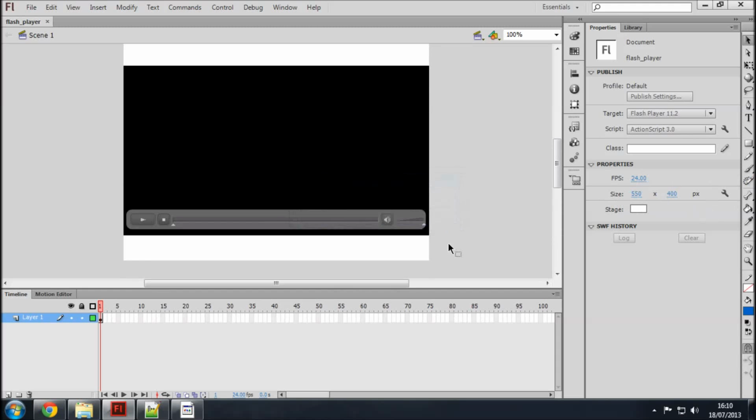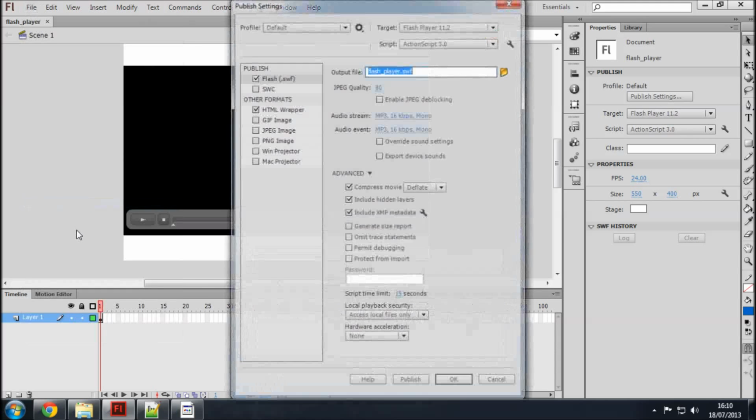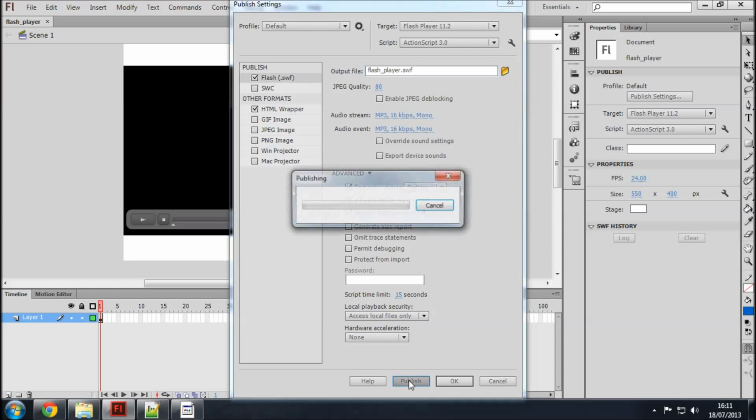So I'll just save that now, and if we go to File and Publish Settings, or Control-Shift and F12 on the keyboard, it brings up this Publish Settings dialog box here, and you want to make sure two things are ticked, and they already are in this case. The Flash .swf file here, and this HTML wrapper. And the HTML wrapper is going to have all the HTML that we'll need, and the Flash is effectively the file itself. So if I press Publish,